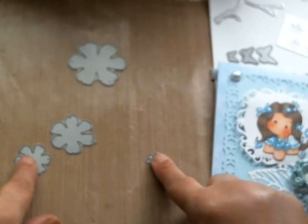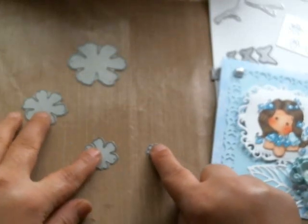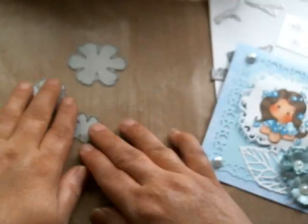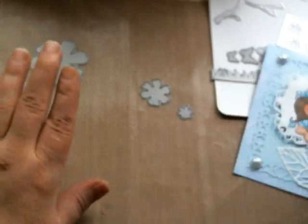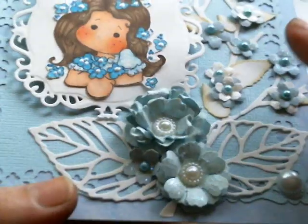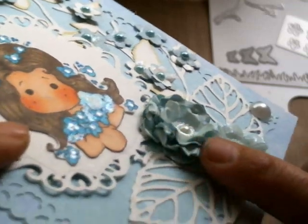This is the mini one because it's from the mini set and it's the smallest one. So there are 4 different sizes and there are 2 different sets. There's the mini set and the regular set. Now, to create this flower right here, which is the one that you asked me and I've gotten questions about,